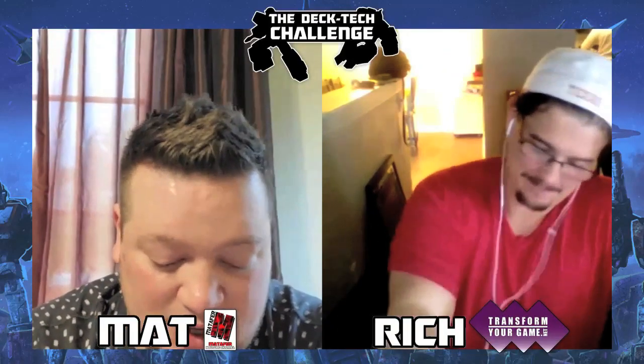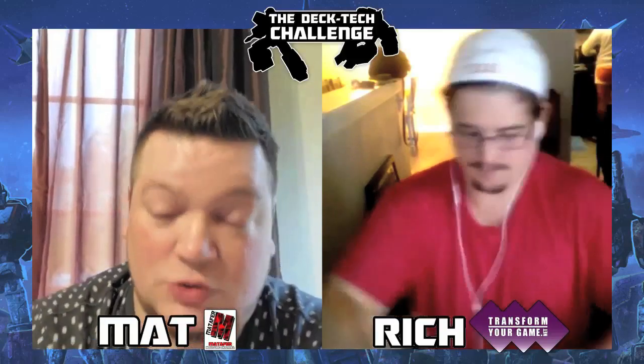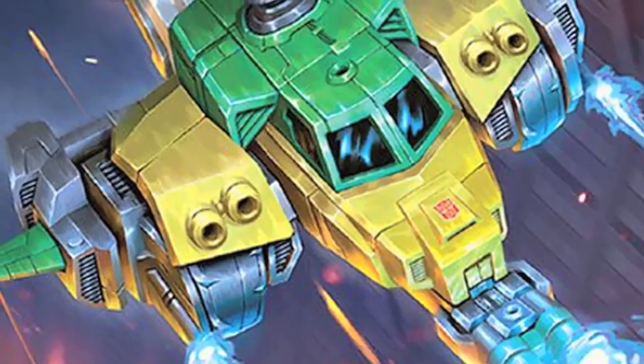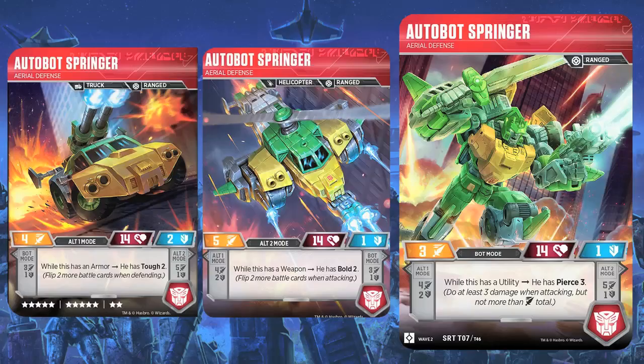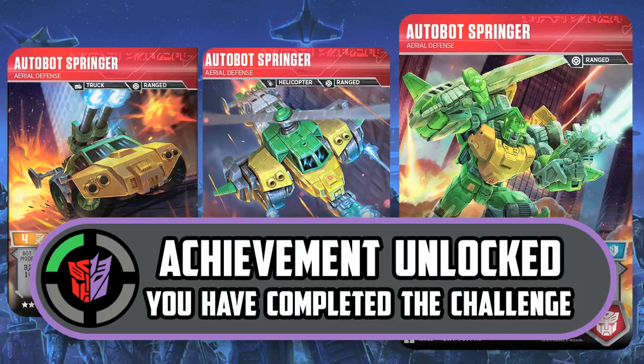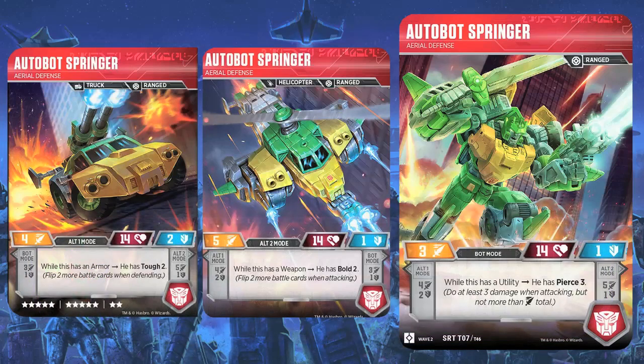Yeah. Okay. So I chose Autobot Springer because he's near and dear to my heart, mostly because of the film, and as well because he was a card that's seen a lot of play in our local group just for fun in our casual decks. And for his teammates, I chose